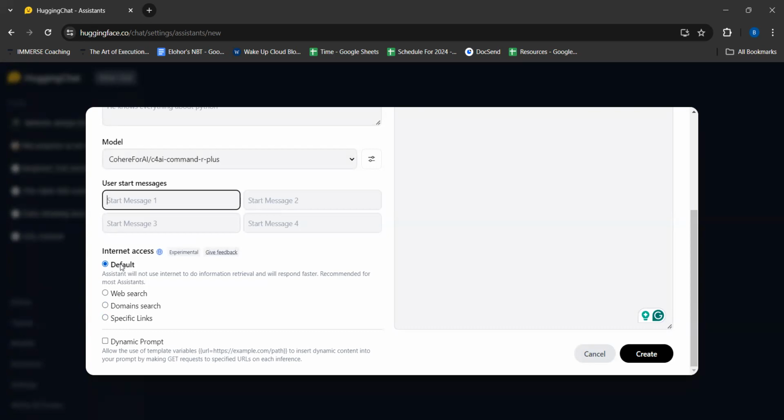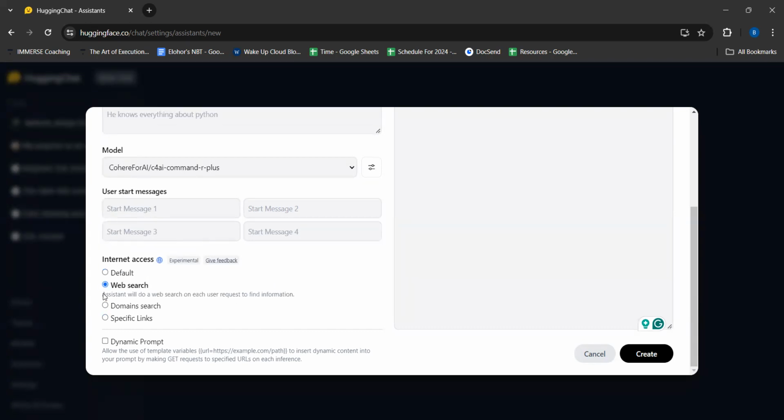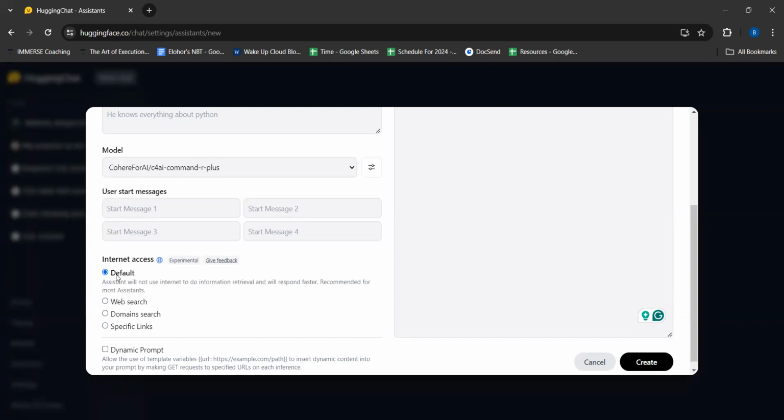And also, do you want your assistants to have access to the internet or not? If you put a default setting, that means assistants will not use the internet to do information retrieval and will respond faster, recommended for most assistants. So if you want to use the web, we do a web search and give you feedback, and that's something ChatGPT and Perplexity and most of those tools use, because they need to search for more